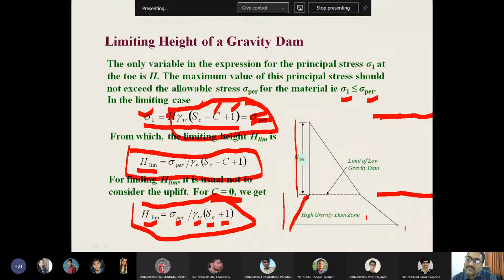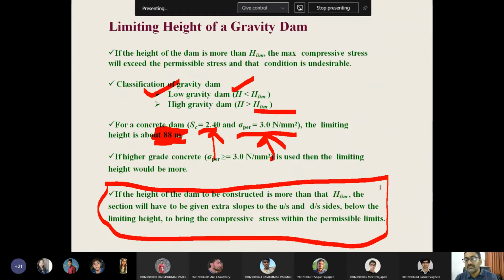And for this, your IS code 6512 describes the equation. Again, this is to be constructed as per the IS code because there are equations mentioned for each. This should be designed in laminae, as I said earlier, of certain height, say 5 meters each, and the base width we calculate depending upon the equation given in the IS code 6512. So that is what is written, and this is very, very important.